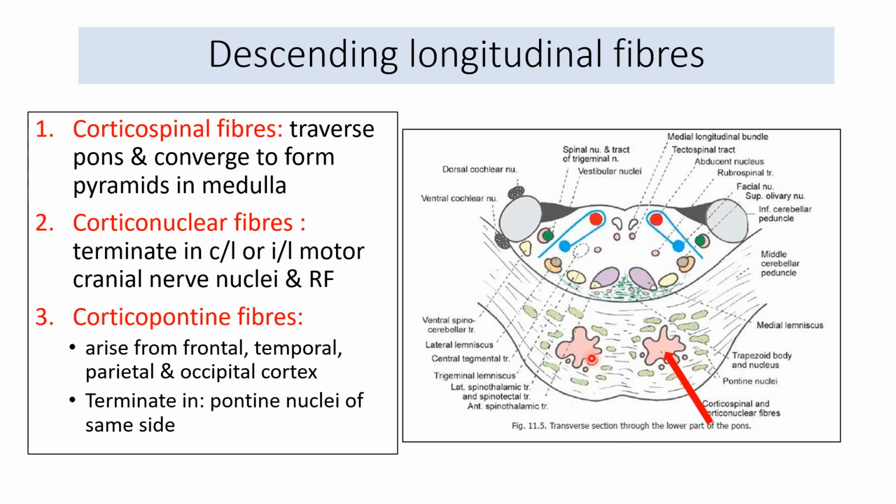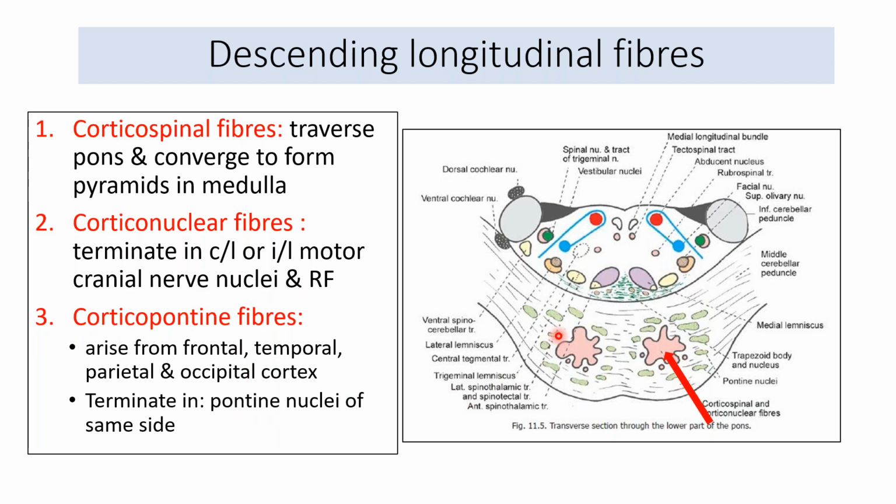The corticonuclear fibers, which are the second part of the pyramidal fibers, terminate on either the contralateral or ipsilateral motor cranial nerve nuclei. And there is one more descending longitudinal fiber, that is the corticopontine fibers. The corticopontine fibers arise from the frontal, temporal, parietal, and occipital cortex, so almost all the cortex of the cerebrum,